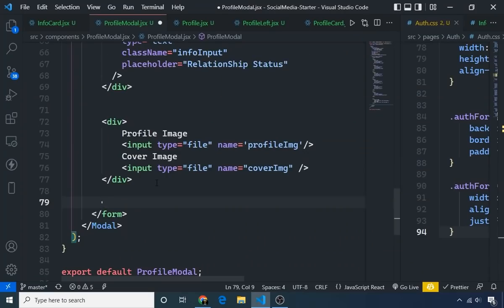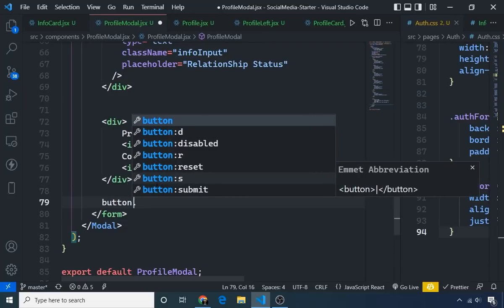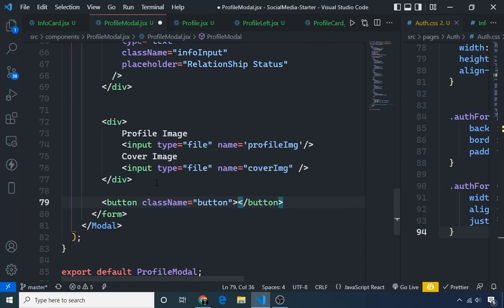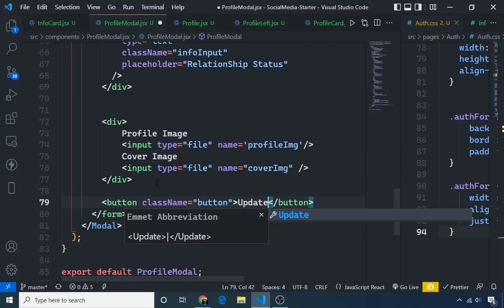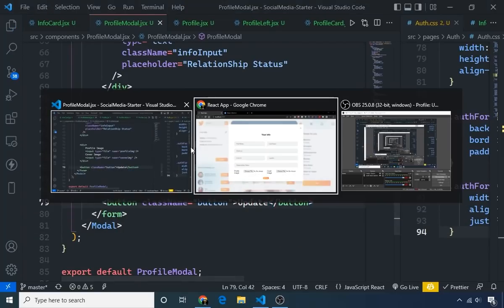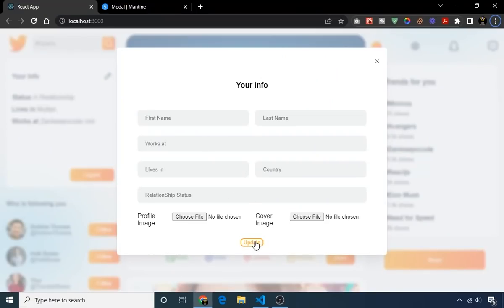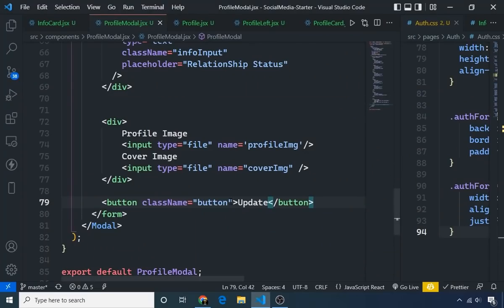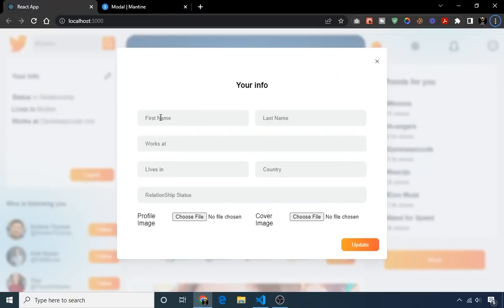So at the end we have to make a button to update our information with the class name of button, and it will say update, like this. So let's save. Okay, I have to change the update CSS. So I can say it as info button, which we have already done. So yeah, now it's pretty cool to